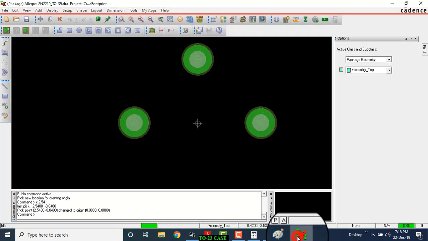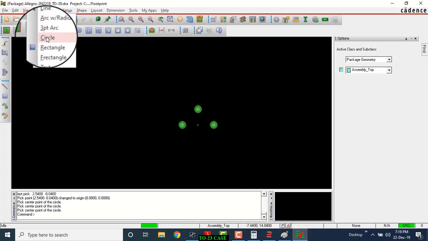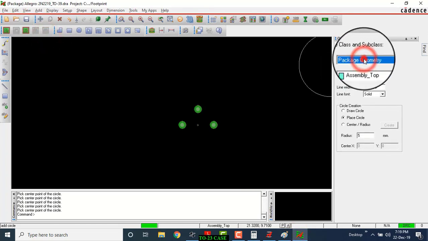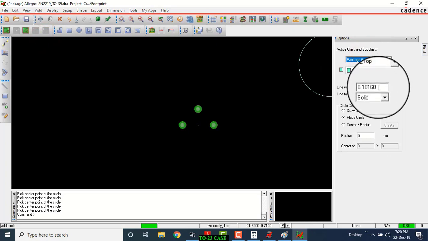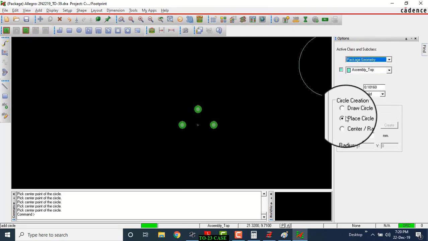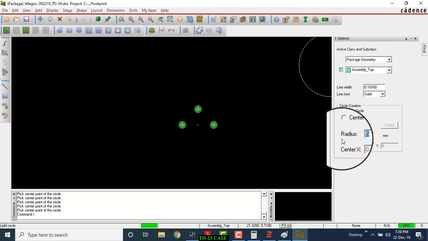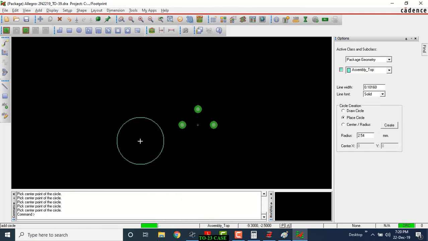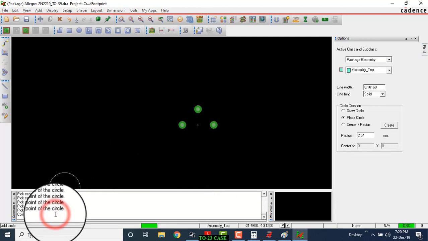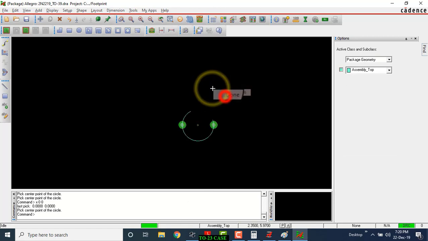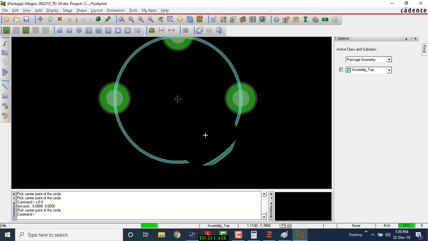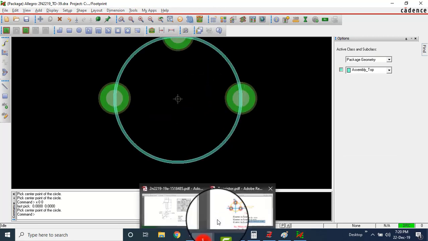Okay, so here add circle, assembly top, line width 1016, place circle, radius will be 2.54 mm. Okay, and go to the command window, write x space 0 space 0 space, enter. See, right now our internal assembly line has been drawn.